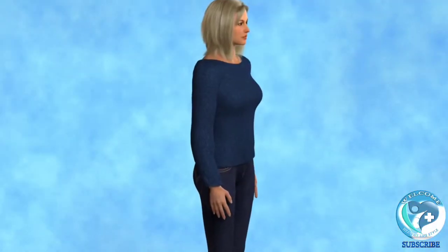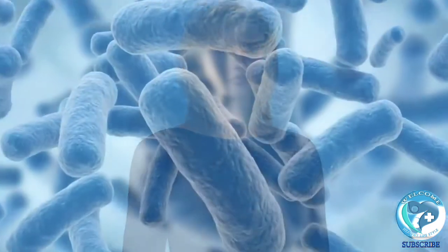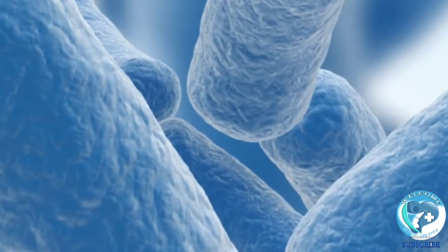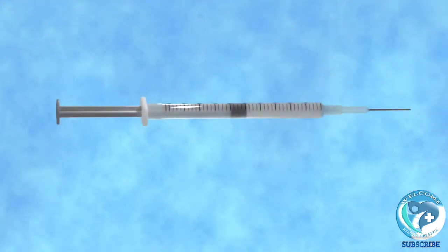Botulinum toxin type A injections are one of the most popular minimally invasive cosmetic procedures performed to treat facial lines and wrinkles, called frown lines, on the forehead. Botulinum toxin is produced by the bacterium Clostridium botulinum, which is normally responsible for causing the illness known as botulism. However, in small doses, botulinum toxin type A can be used safely to reduce the appearance of facial lines and